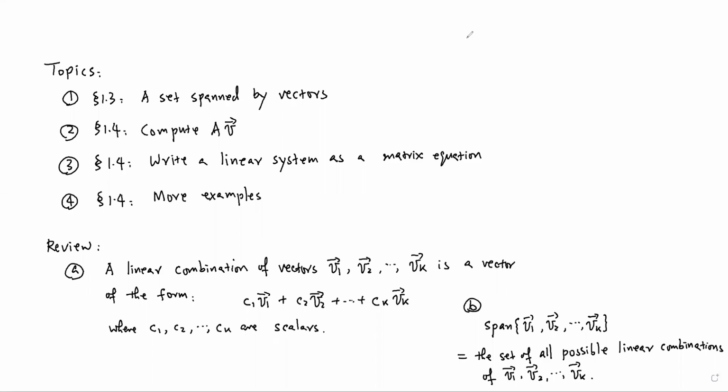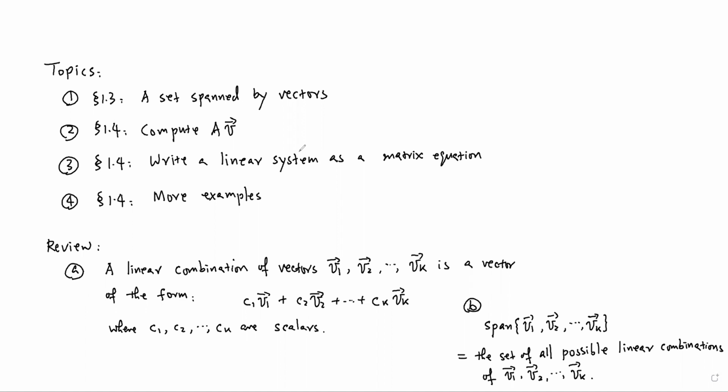Okay, today I present these 4 topics. Topic 1, a set spanned by vectors. I present this topic in the last class, but today I want to show you one more example about this topic. Then the second topic from section 4, compute a matrix times a vector. Then the third topic, we can write a linear system as